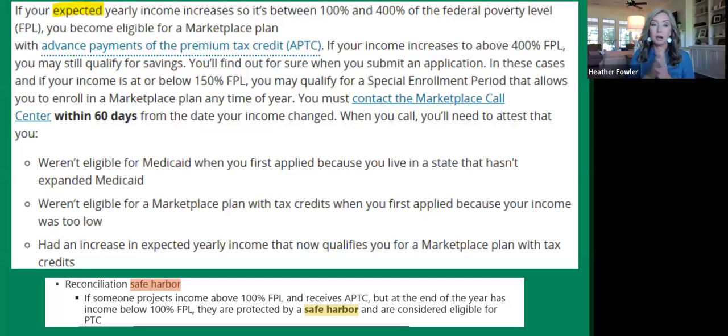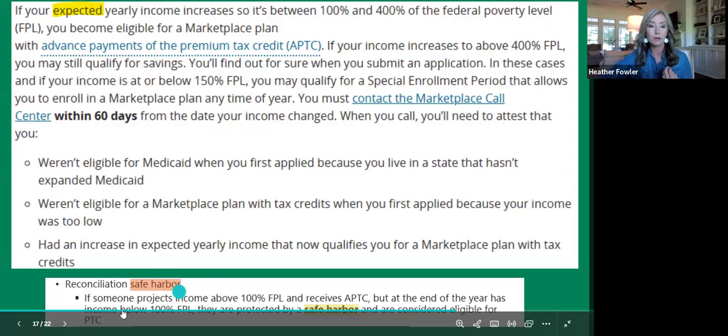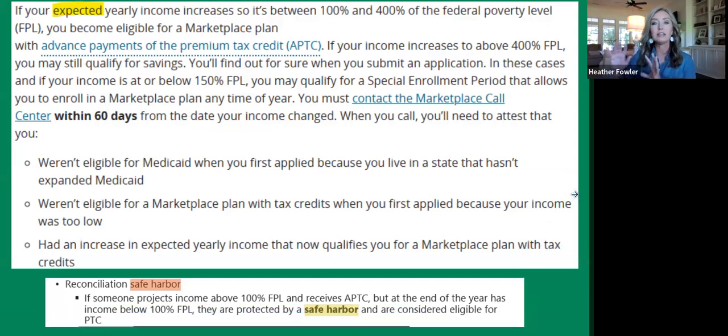And if they don't, for some reason, end up making that amount, there is a safe harbor. Okay. And I've copied this and pasted it just so, because that is something that you might worry about. Well, what if they don't? What if they say they're going to make that 16,000 and then something happens and they don't? Well, there is a safe harbor and they're protected and they're not going to have to pay back that tax